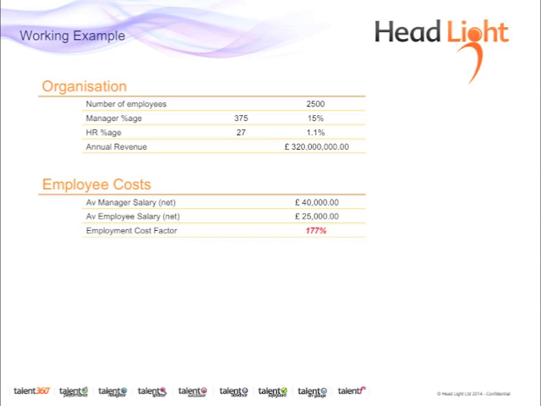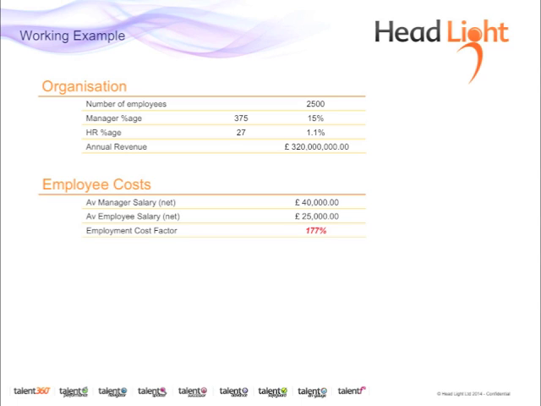What's of interest here is the employment cost factor of 177%. Now, where does that come from? Well, most business leaders will know that the actual cost to employ someone can be anything from maybe 150% to 200% or even 300% of their gross salary, and this is because in addition to things like social security payments, benefits, there are also the overhead costs associated with buildings and facilities and insurance, and a whole bunch of other things which all effectively bump it up.